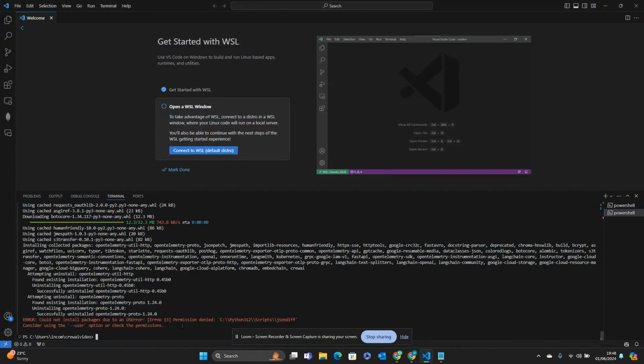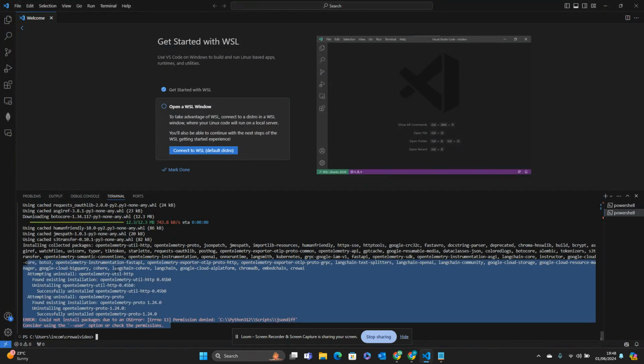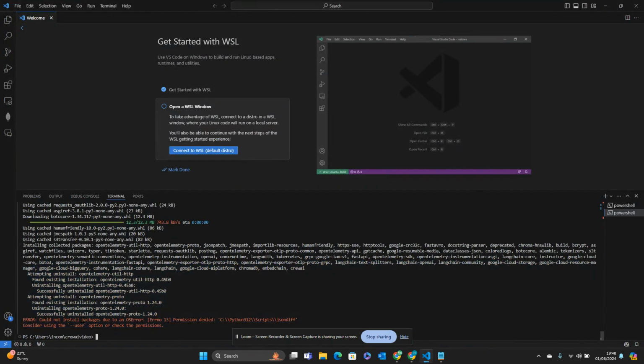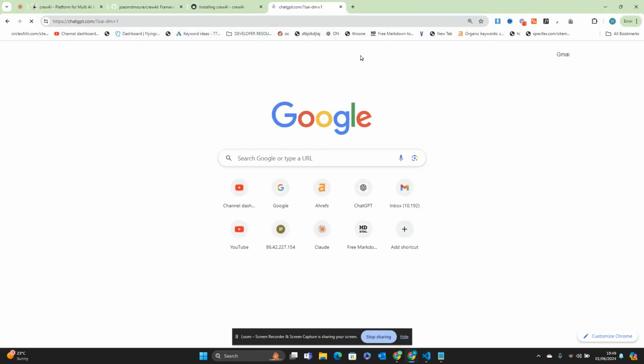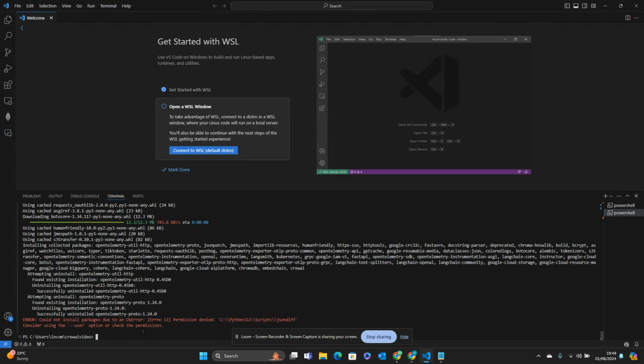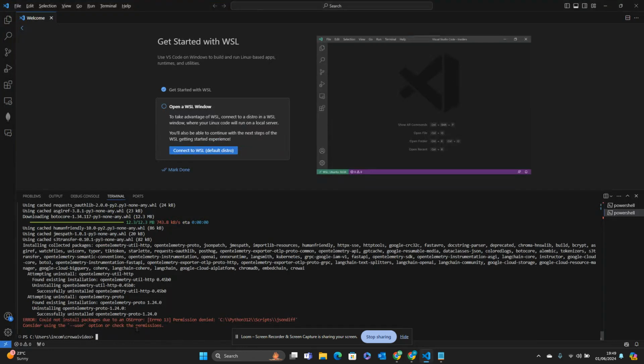Okay, so I'm actually really glad this happened because I completely forgot about this. You can see it says could not install packages due to OS error, permission denied. So what I'm going to do is go on ChatGPT. I'm really happy this happened because this happened in the training as well. And if it had worked this time, then I would have had 1,000 comments saying, oh, I've got this error. So basically what we're going to do instead is we're going to use,